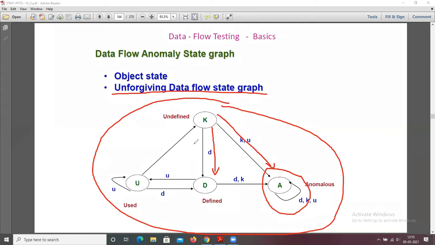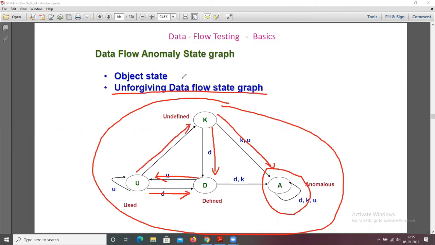If it is used, it goes to U. A redefinition brings it back to D. After usage, it is killed and goes to K.